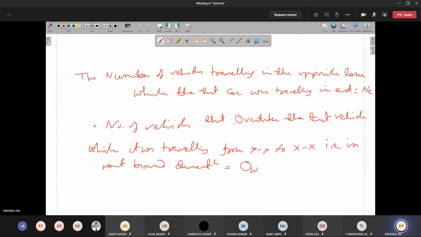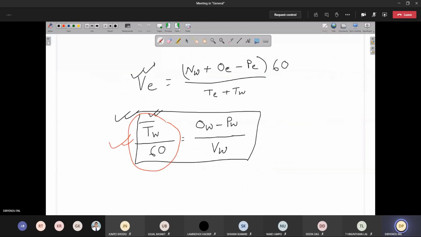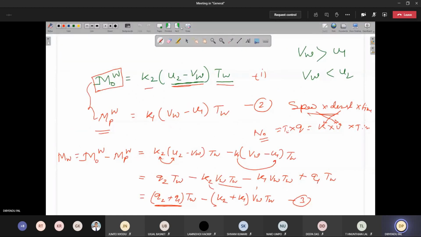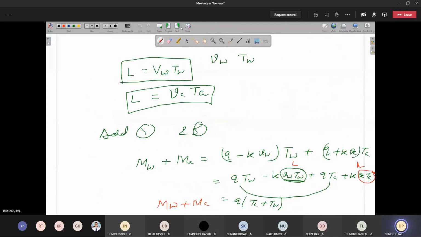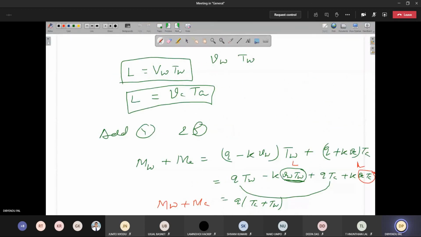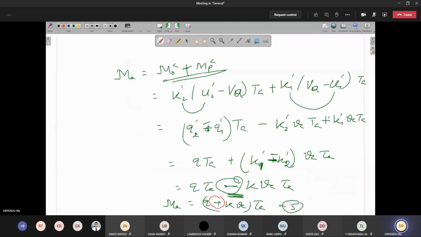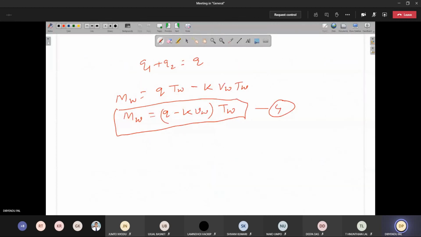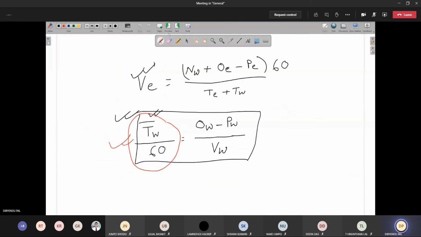Today we'll stop here. This plus part I will tell you tomorrow. I'll check where the issue is, how this came plus, and let you know. Other than these two parts, if you have any other issue, you can ask me. Otherwise, we'll stop here. Tomorrow we'll meet at 4 o'clock. How this TW was calculated, I will tell you in tomorrow's class.